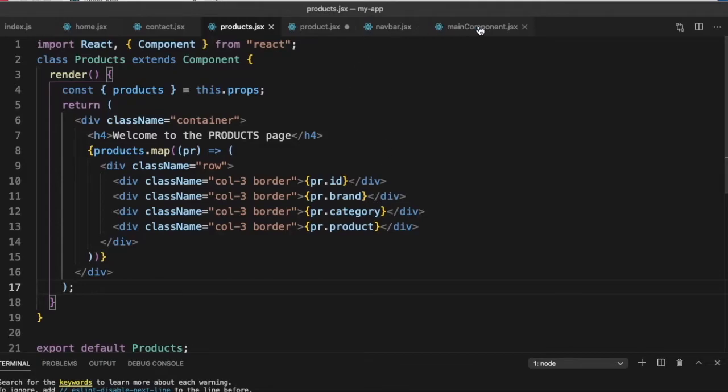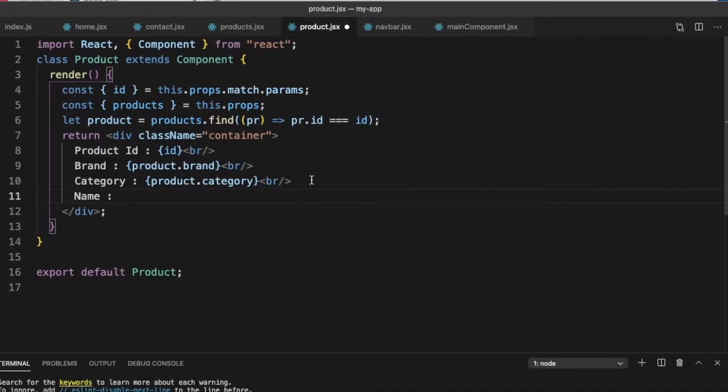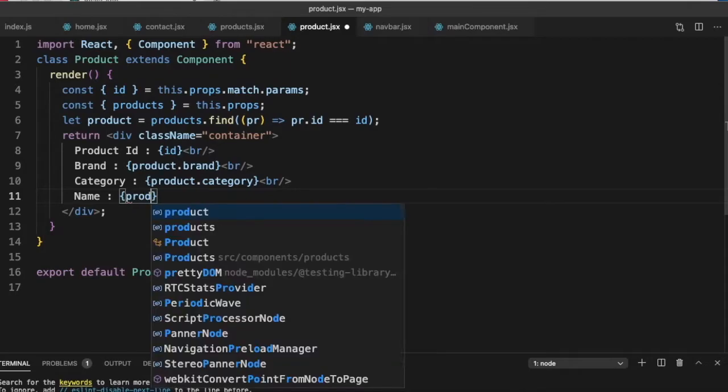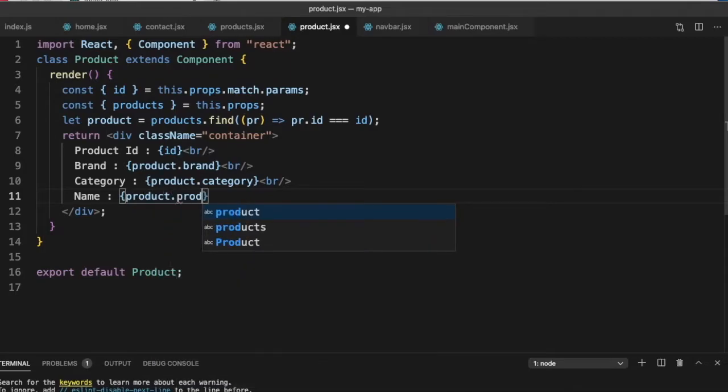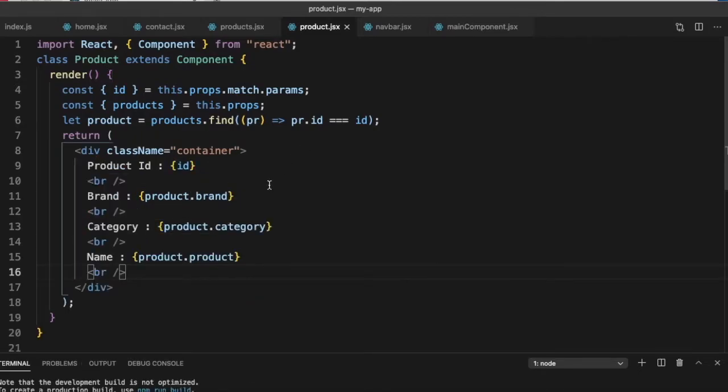Product. Let's call it name here, is product dot product. So we have created our Product component where we are displaying those details.